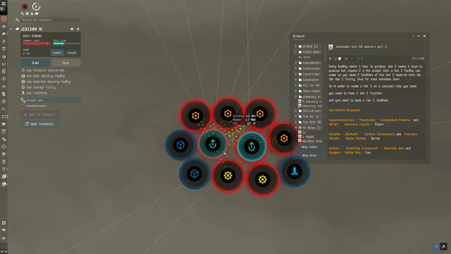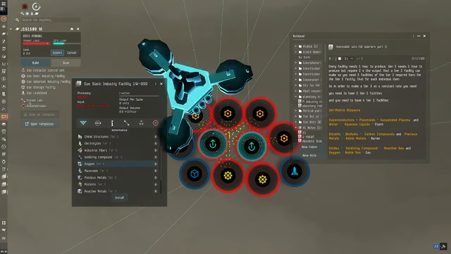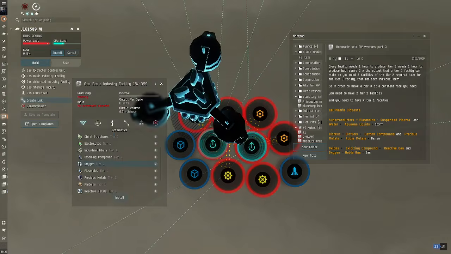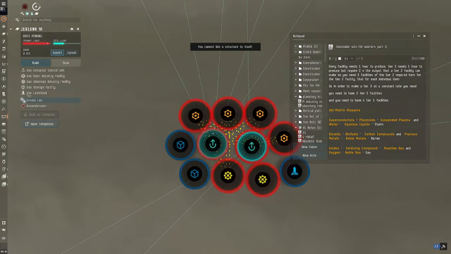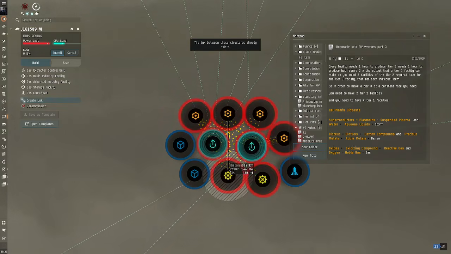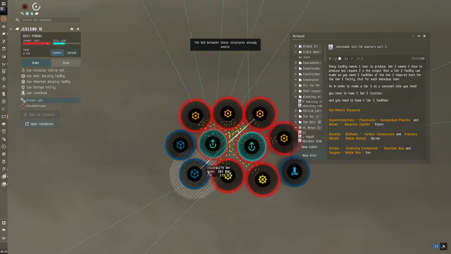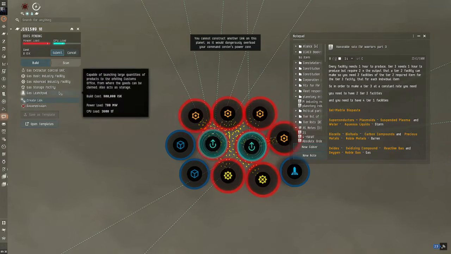Okay, let's create the link. Okay. Now you can do this a little more efficient than me and just make the right links at the right, but